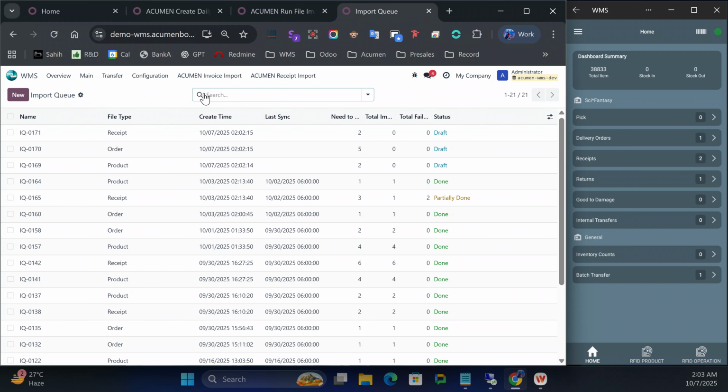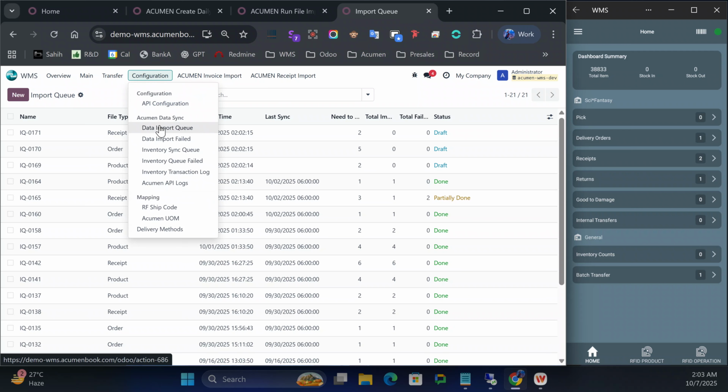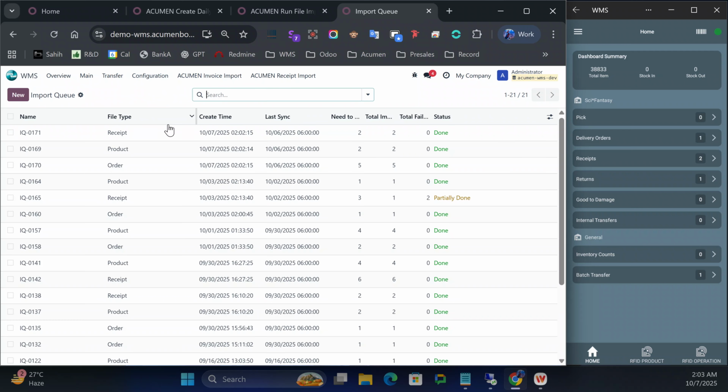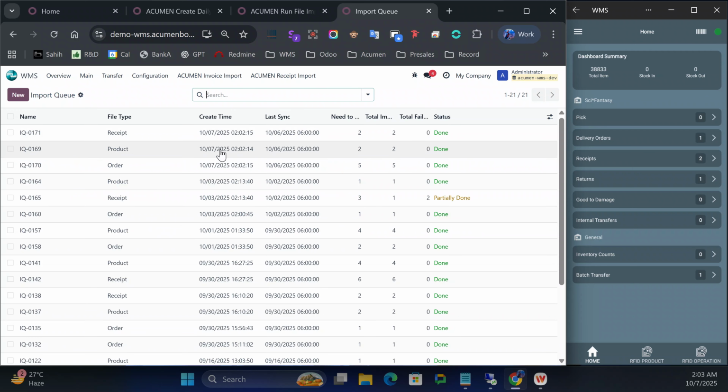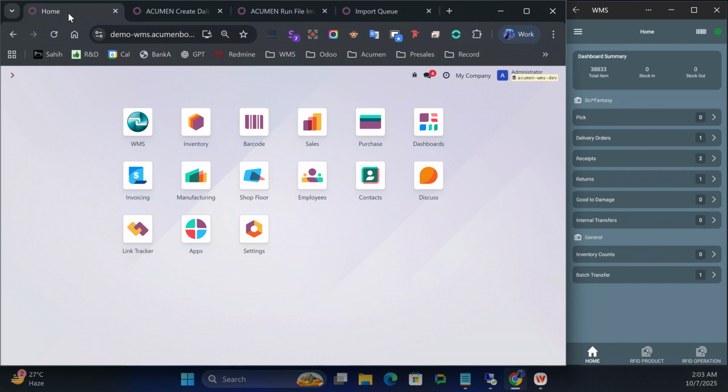So I come here again and go to data import queue. So now I can see it was previously draft, now it has been done. So what we have imported, let's see the order. We have imported 5 orders. As well, we have imported the receipt and the product. So now go to the WMS